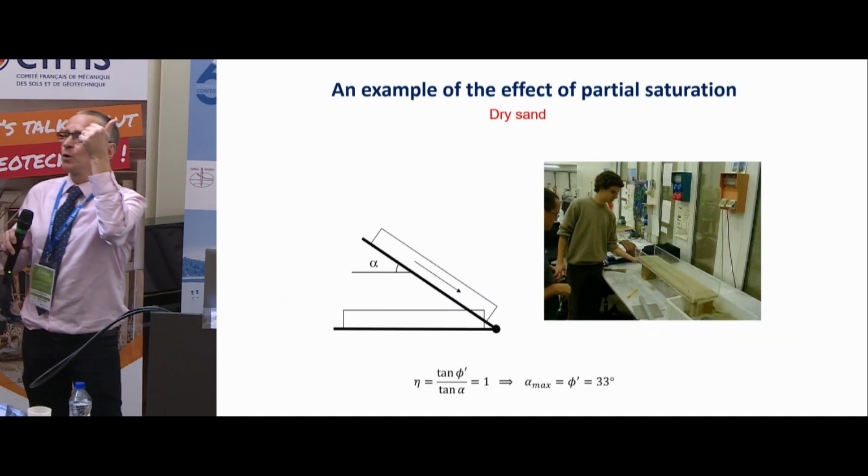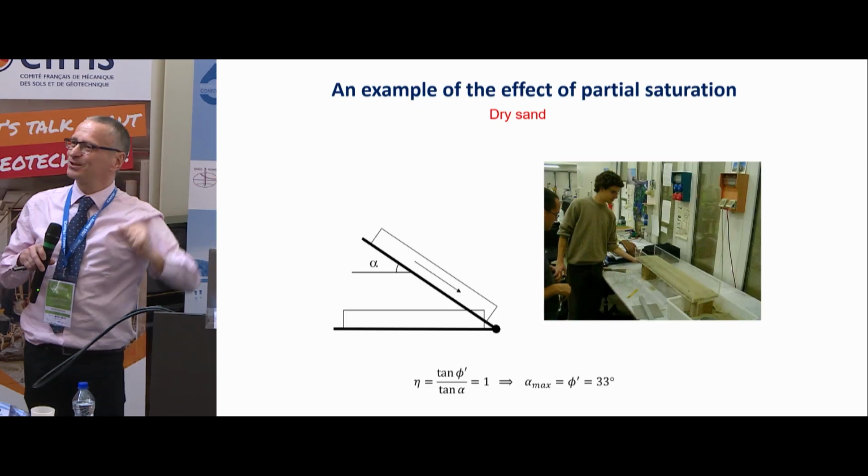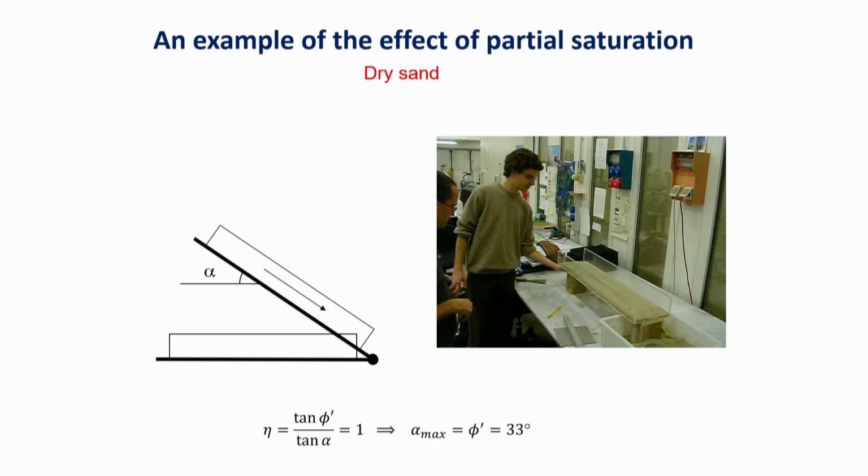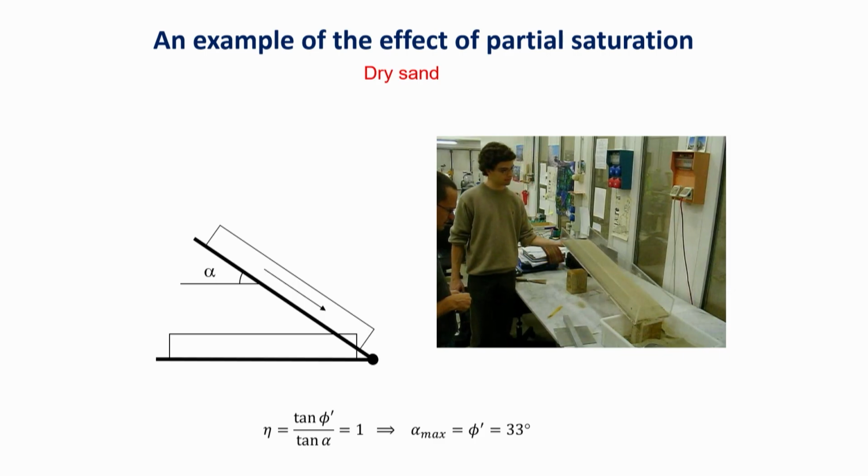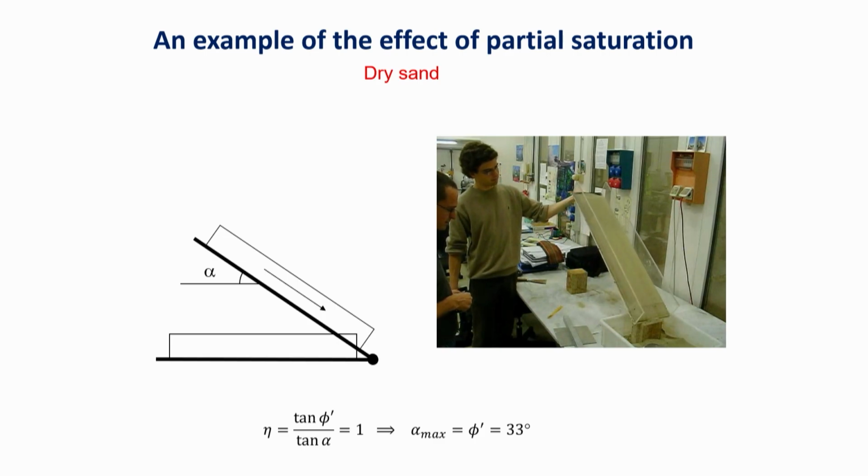And because I'm talking about slope stability and demonstration, let's look at this very nice exercise. So that's a slide. This one is charged with dry sand. We know the slope stability. We know that it should fail when the inclination reaches the friction angle. So be patient. We are going to incline the slide. Now, the perspective is not helping, but that's me measuring, so to demonstrate that we actually measure the inclination of the slide.